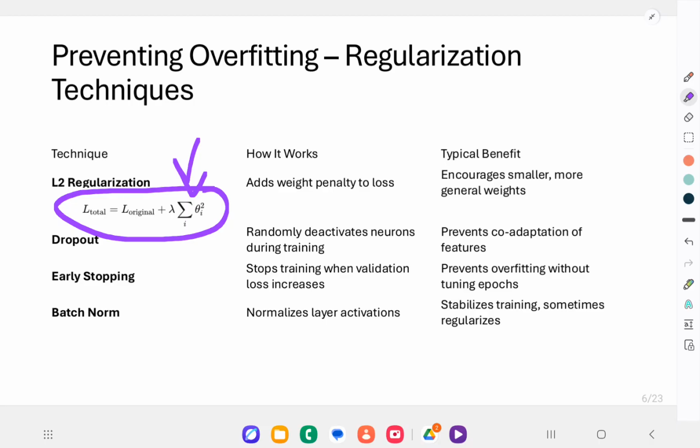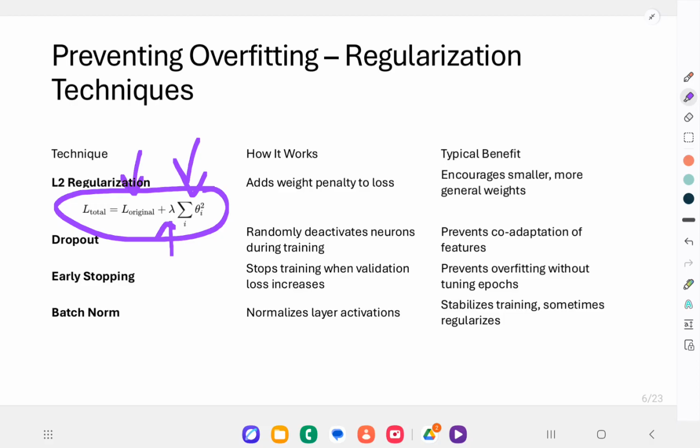So we modify the loss function. We start with our original loss right here, and we add a penalty to it, which is the sum of the squares of all the weight values, okay? This term grows when the weights are large, so minimizing the loss encourages smaller weights. Okay, so this symbol right here, the lambda, lets us control how strong the regularization